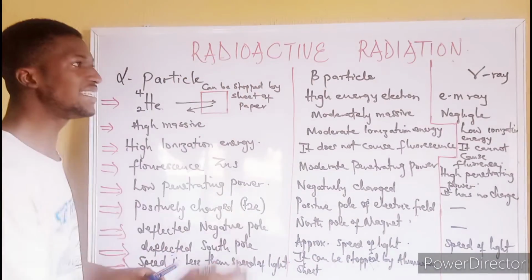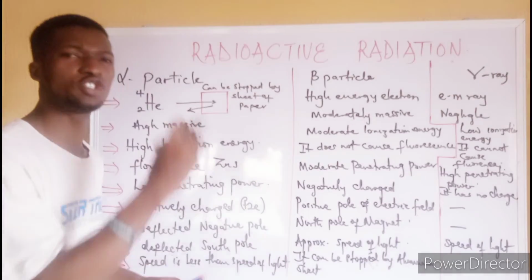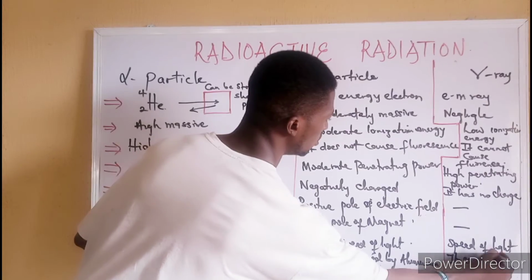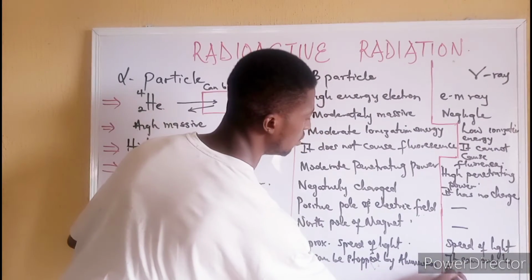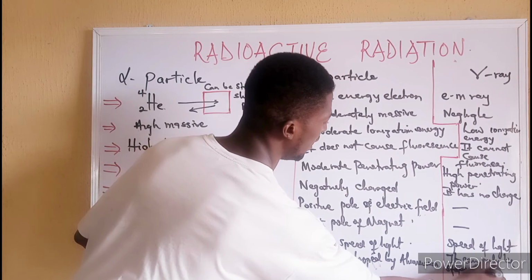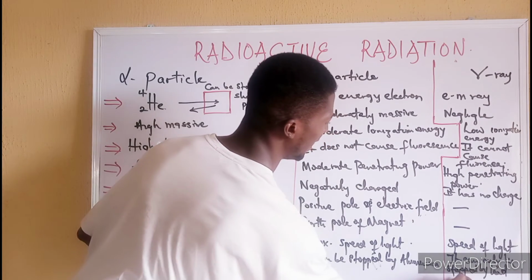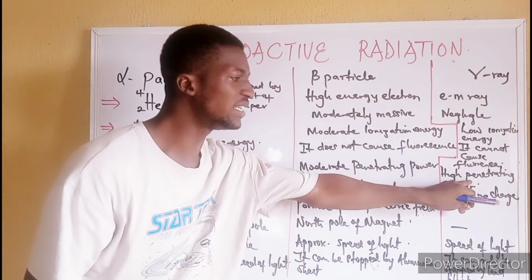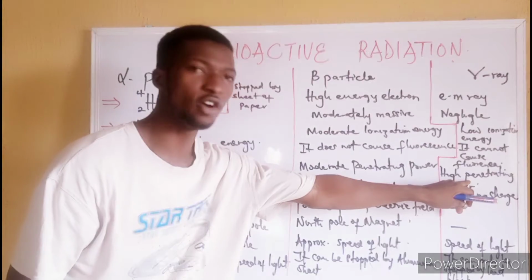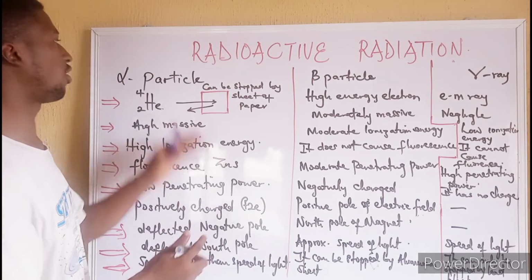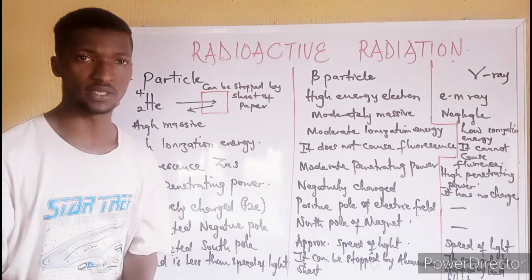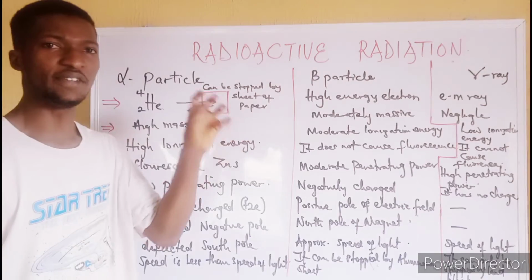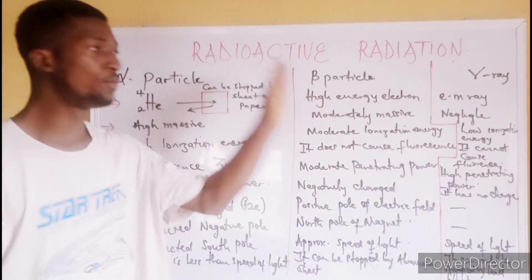But when it comes to the case of gamma ray, it can only be stopped by a lead block. That's to show the degree of its penetrating power. But when it comes to the case of alpha particle, an ordinary sheet of paper can stop it. Now, I believe we understand the difference that exists and why those differences occur among alpha particle, beta particle, and